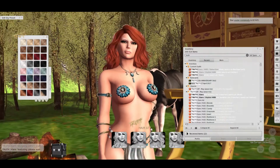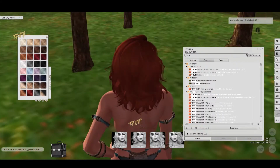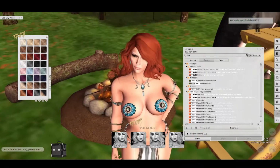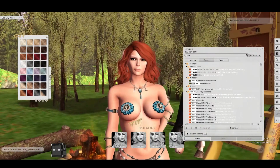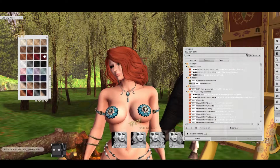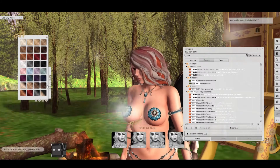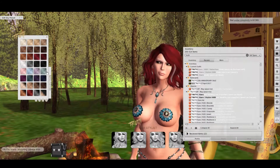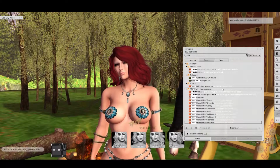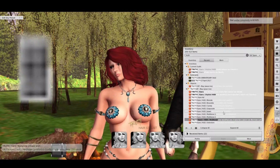I'm going to go in a little closer and show you this hair from behind as well, and in different lights, sort of catching on different parts of the sunlight as such. Bit of a darker red as well. So there you have a good selection if you can't make your mind up. The full range of